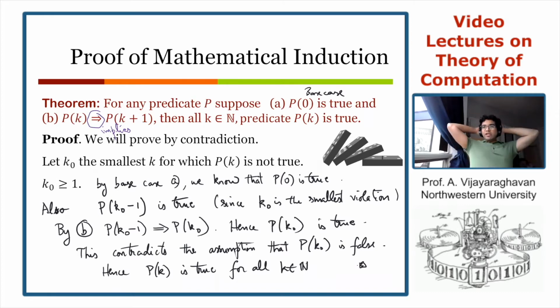So what does this mean? It means that any proof by mathematical induction that you're doing is really a proof by contradiction. It's just an extremely convenient tool, a very powerful tool, to go about proving these statements about natural numbers. But if you wanted to, you could unroll it, and you can really prove all of these things that you are doing using induction as a proof by contradiction.